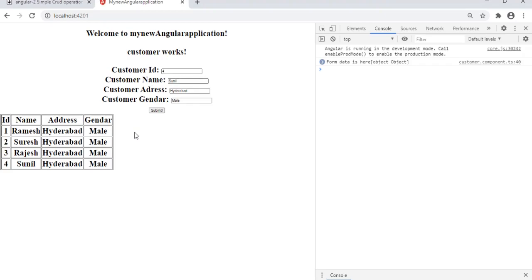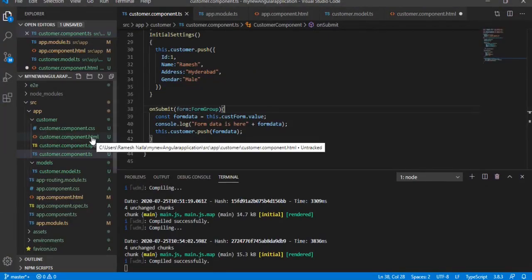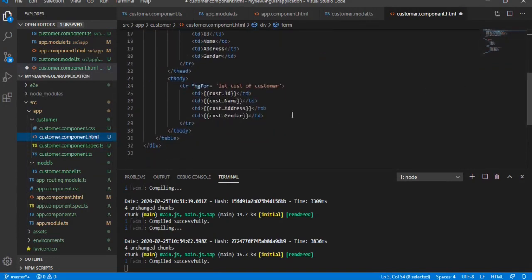Just go to the customer component.html here, where we are binding the information in the tbody. After gender, take two more tds.